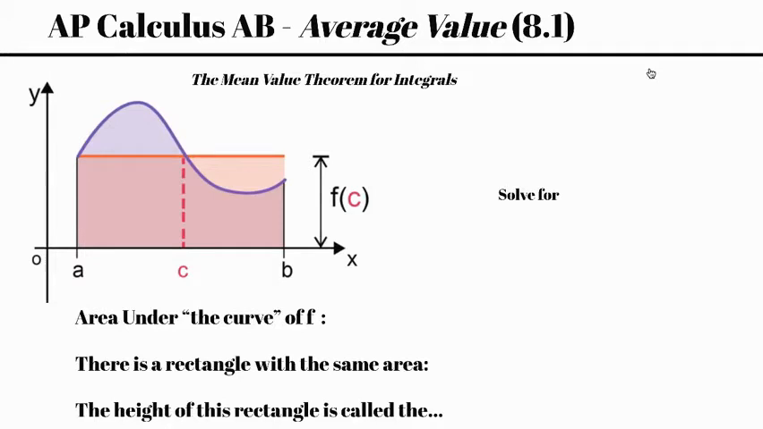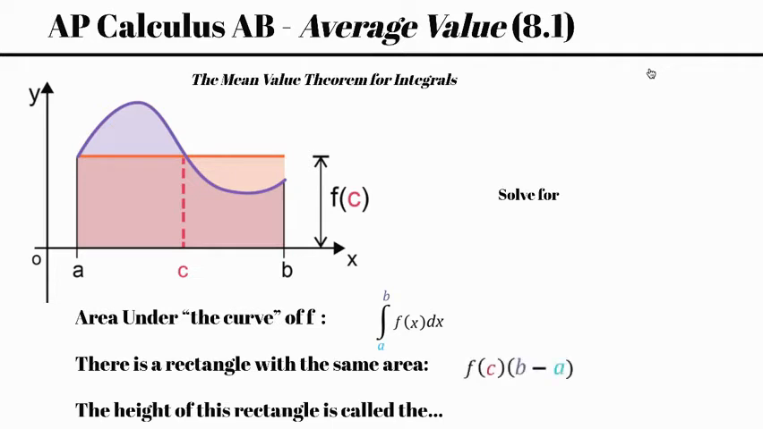So first, before we can discuss average value, we have to remember the mean value theorem for integrals. Remember, we have this purple curve and we have the area underneath it represented by the definite integral from a to b of the function f of x dx. So f of x would be the purple curve, and we would be finding the definite integral to get the